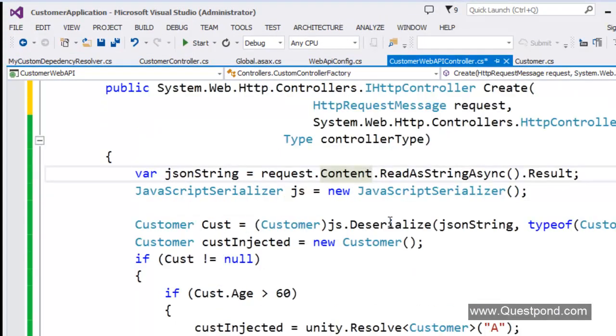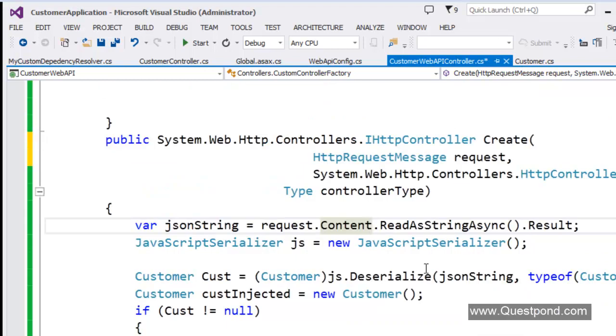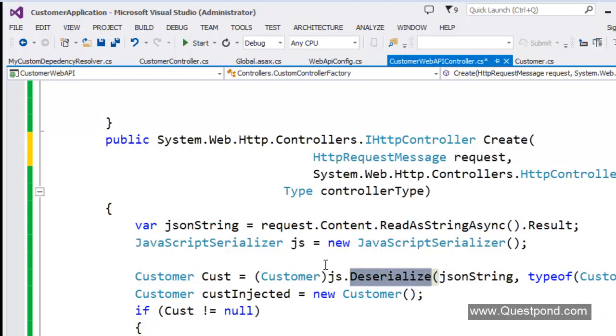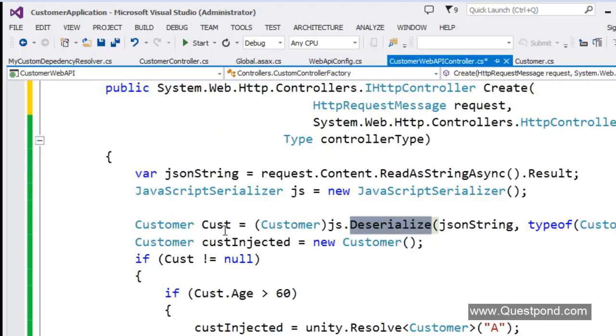Okay, so you can see now what is happening is this JavaScript serializer class actually takes that request. So basically, when the data comes in, it comes in the request object, right? So in the request object, I'm saying read the data from the request object by using this content, and then whatever string comes here, deserialize this string into a customer object.